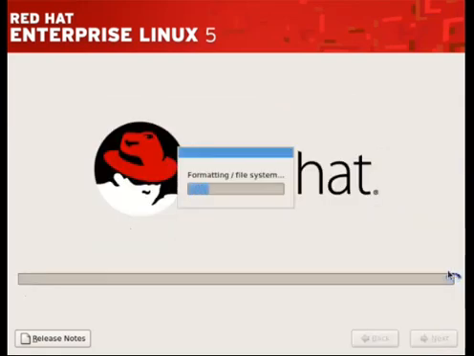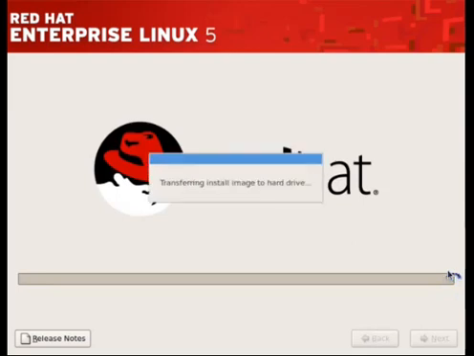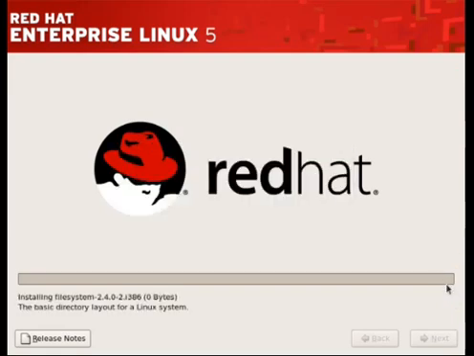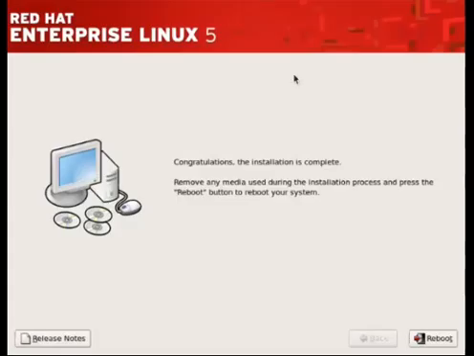Now it will start the installation, but before that it will format the hard disk and partition, and apply the file system according to our selection. Now we need to reboot the system, as it is asking to reboot.